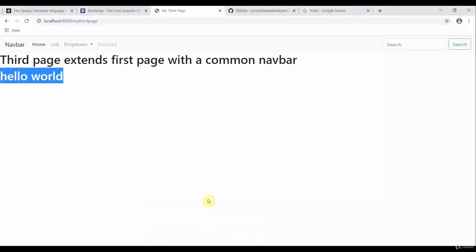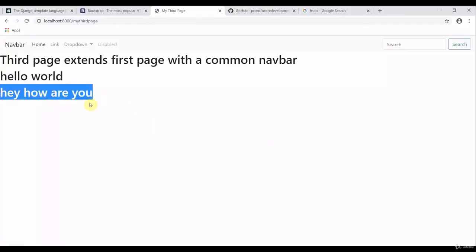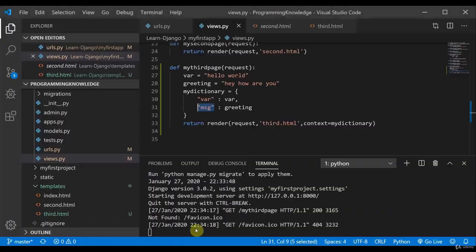So this would print the value on the front-end application part. So say it says, hey, how are you? Oh, this looks pretty cool. Now